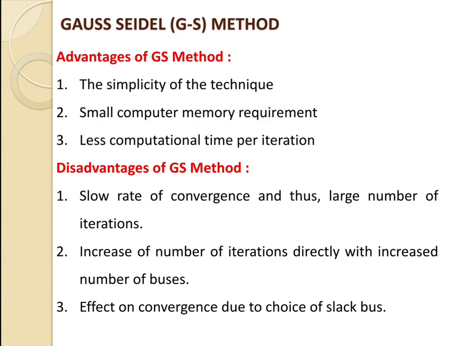So the power flow over all the buses can be calculated. The power loss in the line connecting the i and k bus in the power system is given by Sik plus Ski, and the total transmission loss is the sum of the losses over the lines, which may be calculated.